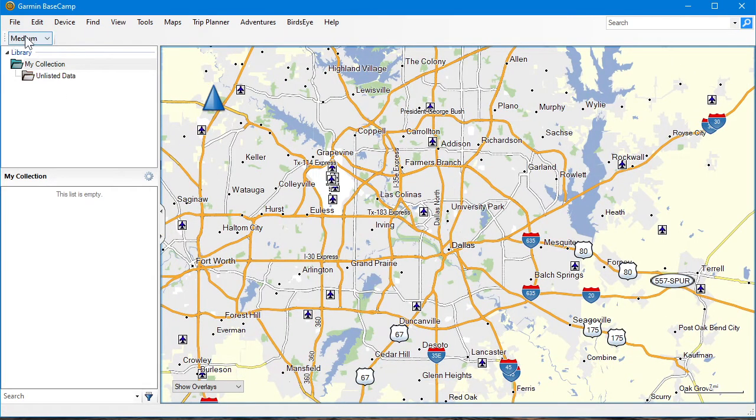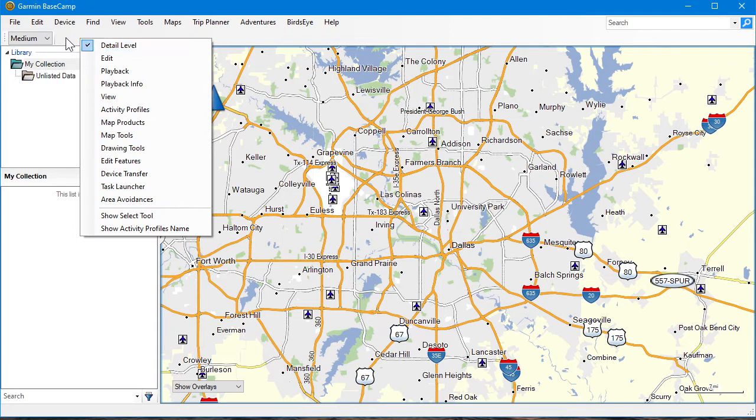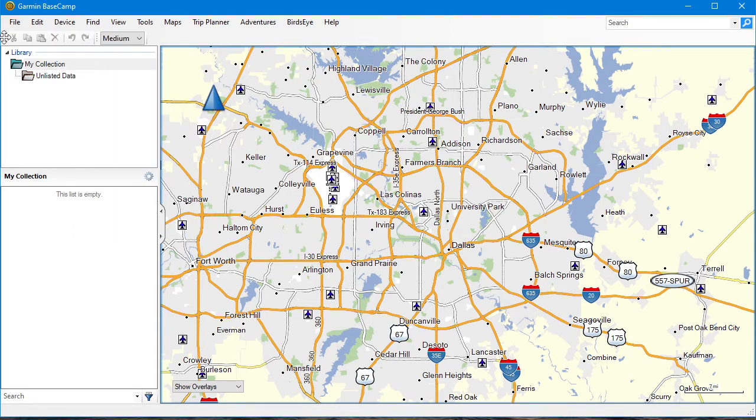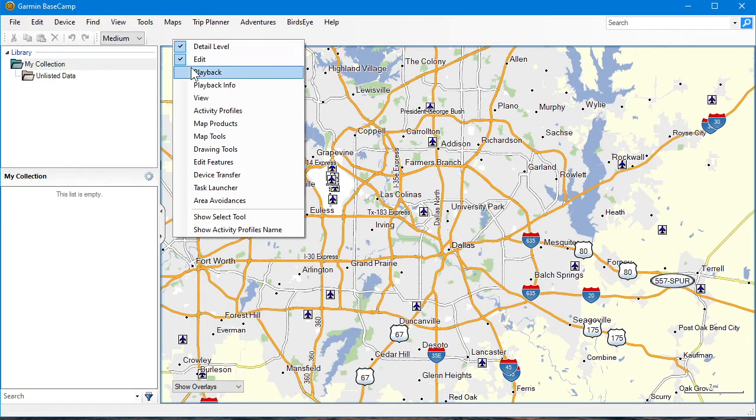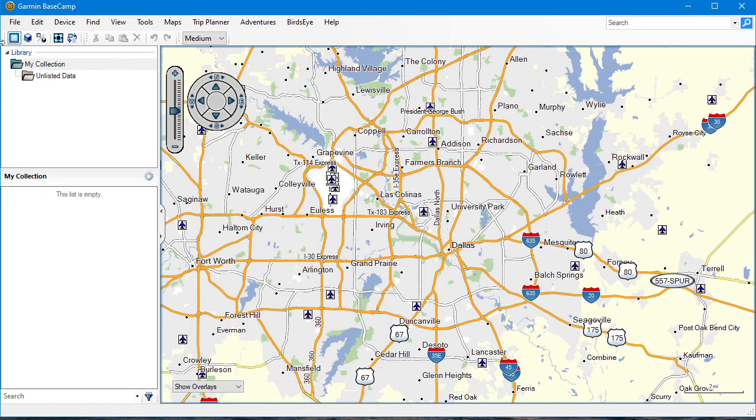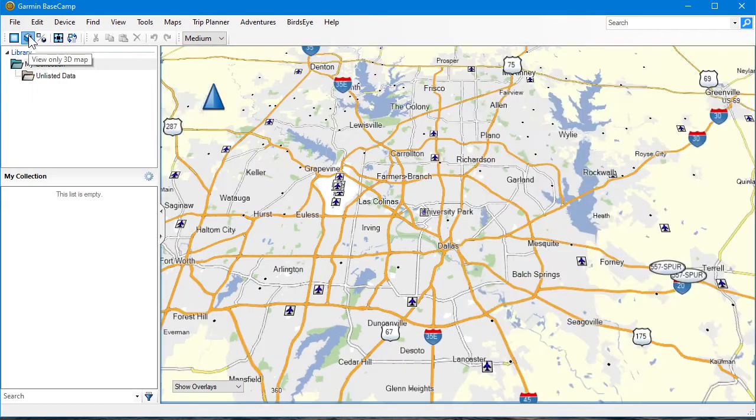Right. So that was the first one we did. We did detail level. I'll do edit. That's cut, copy, paste. I'm going to right click again. We don't need playback. Don't need view. Okay, yeah, view. That changes from 2D to three-dimensional mode. Maybe you want that. If I do three-dimensional,